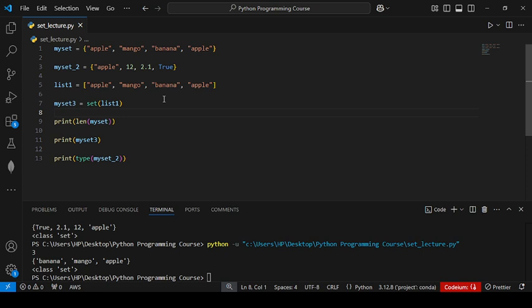As we know, we cannot access the items through the index because a set is unordered. But we can iterate over it through looping.